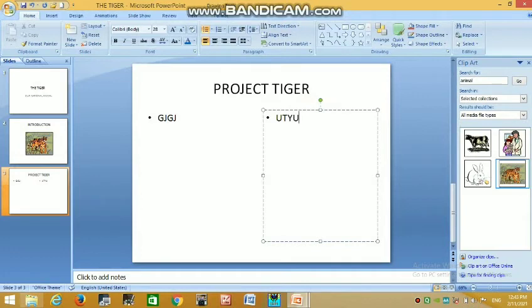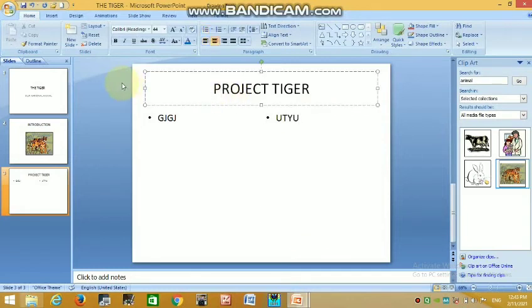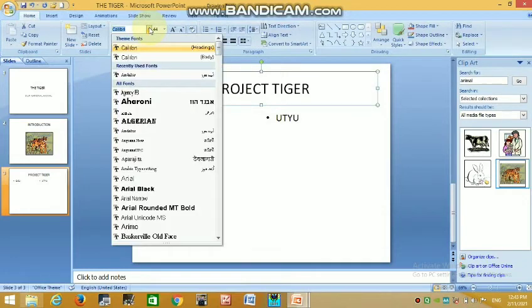Now if you want to format your slide, there are options. First of all, you have to click the particular object which you want to format. Now see this is the font.